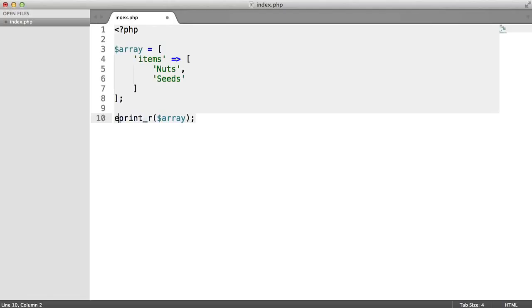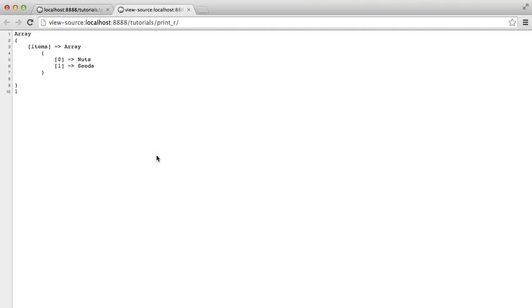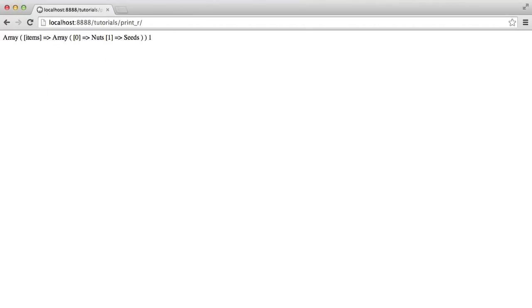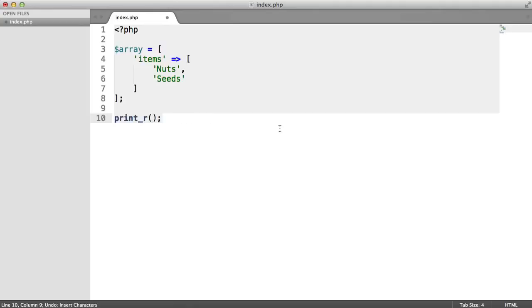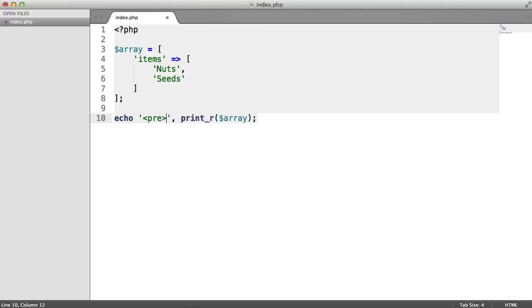So what we can actually do is we can add pre tags in the front and the end. Now, what pre tags are, let's just remove them for now. You'll actually see that on this page, this is just being output like this, but if we were to view the page source, you can see that the formatting is already there. What pre tags do is preserve the normal formatting for you. So if we do add these pre tags here, like so,